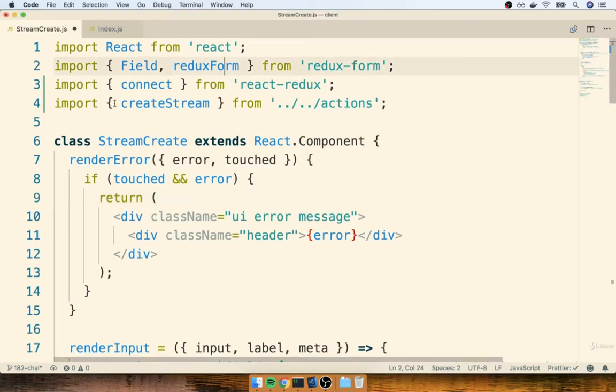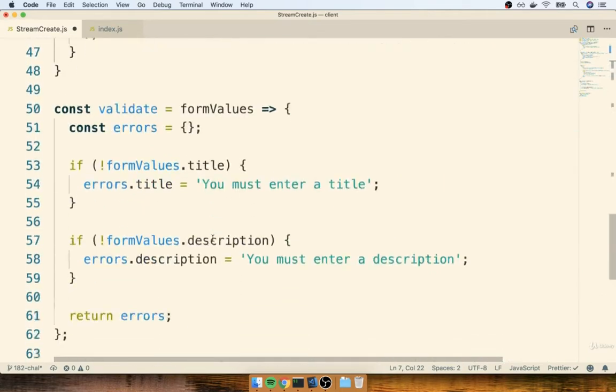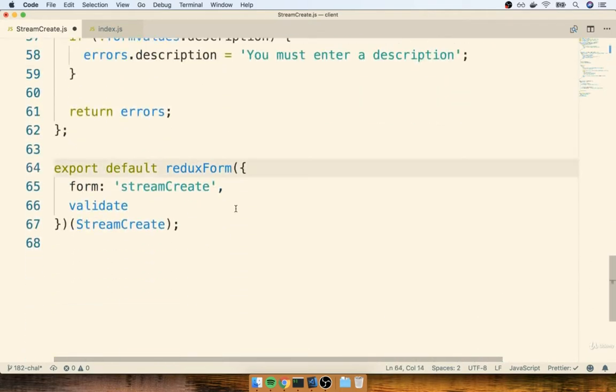In the last video, we created a new create stream action creator and then imported that along with the connect function to our stream create component. So now we need to somehow wire up this action creator to our component, but as we just saw, it's going to be a little bit challenging to hook up both the connect function and Redux form to this component. In all honesty, we can absolutely do it, but the syntax is going to look just a little